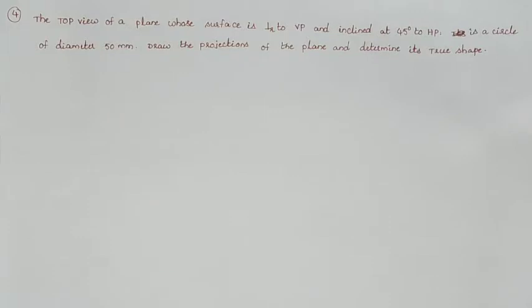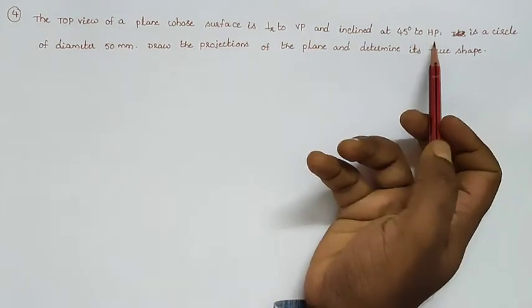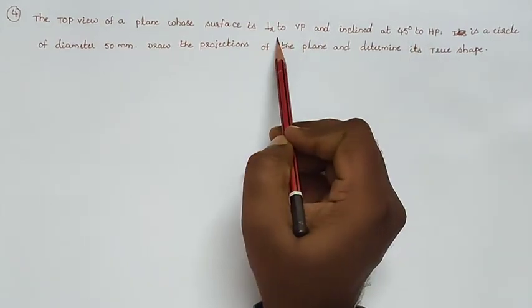So the top view of a plane whose surface is perpendicular to the VP and inclined at 45 degrees to the HP is a circle of diameter 50 mm. Draw the projections of the plane and determine its true shape. So this is quite a different problem with respect to the previous problem. Here they are giving that the surface is inclined 45 degrees to the HP and perpendicular to the VP,